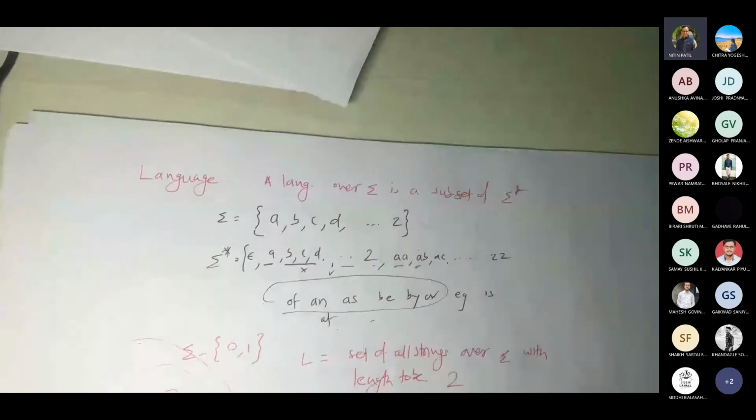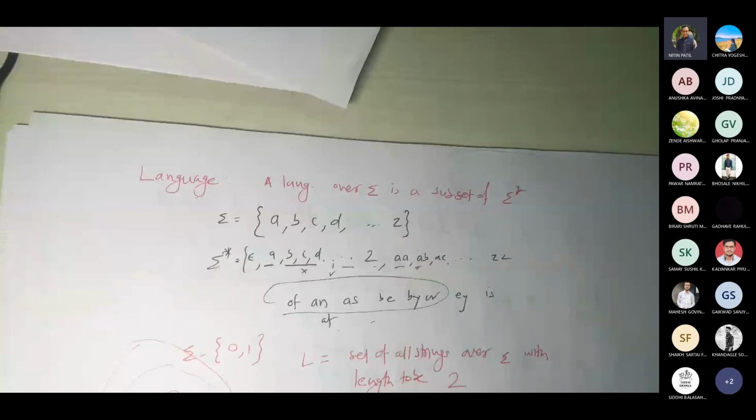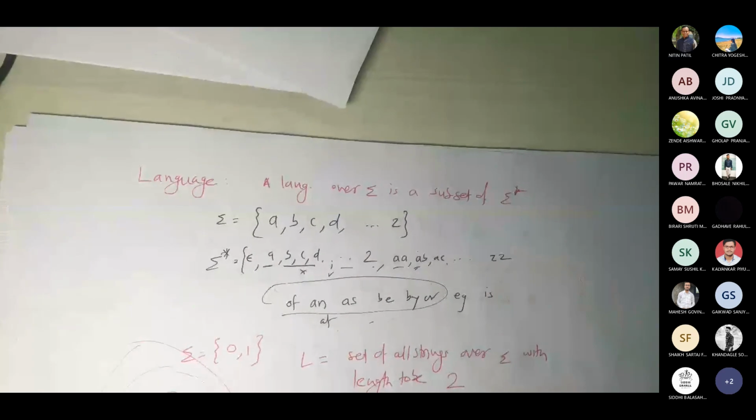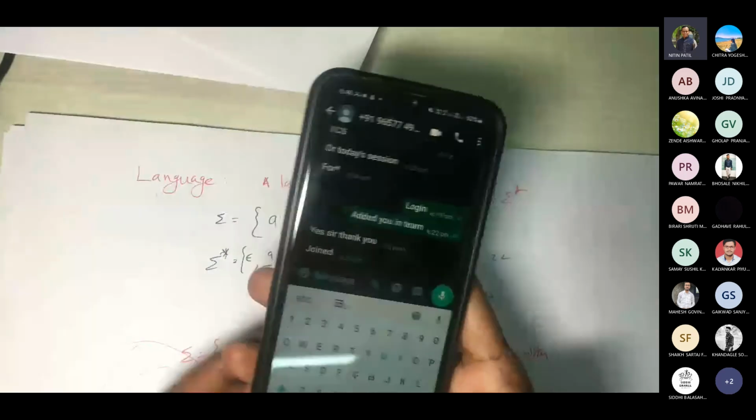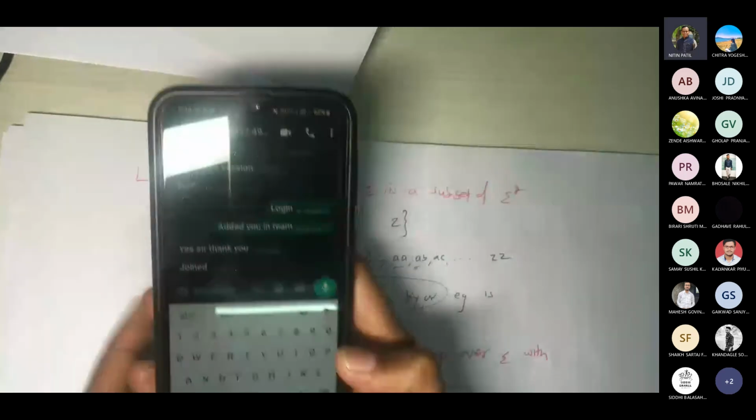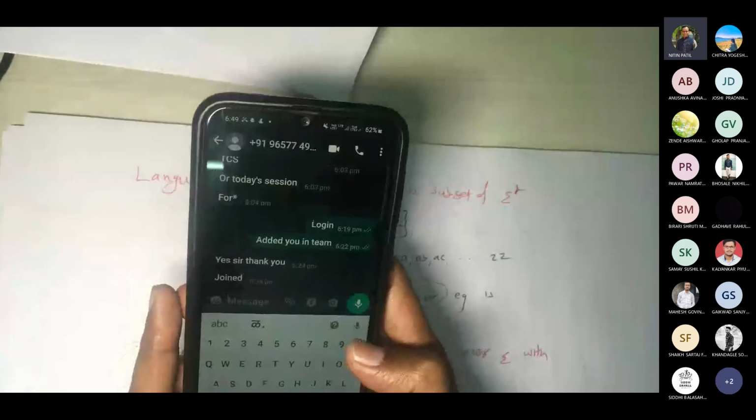One thing I noticed with my nephew: he was about to write an answer, and how did he write it? He opened a keyboard. When we add this keyboard, there's a mic below.